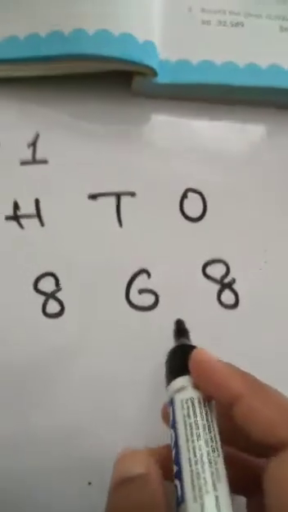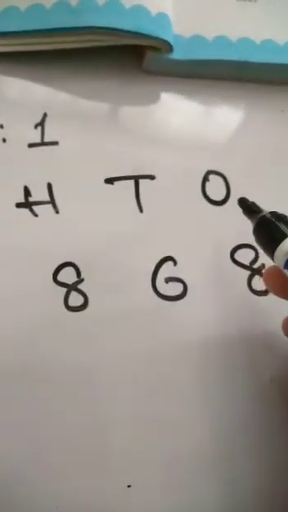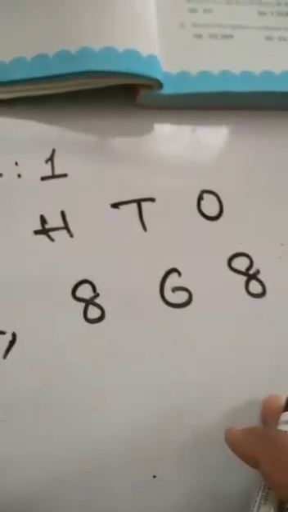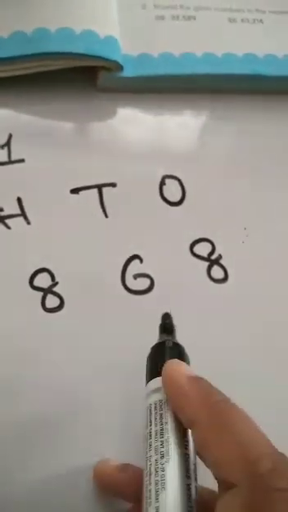42,868. In the ones place 8, in the tens place 6, in the hundreds place 8, in the thousands place 2, in the ten thousands place 4. Now we have 4 steps. Firstly, we have to mark the periods and places. Next, we should identify the place to be rounded.